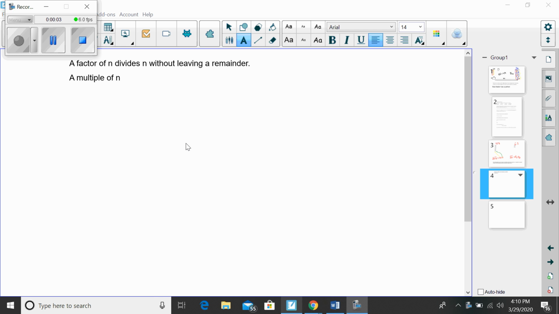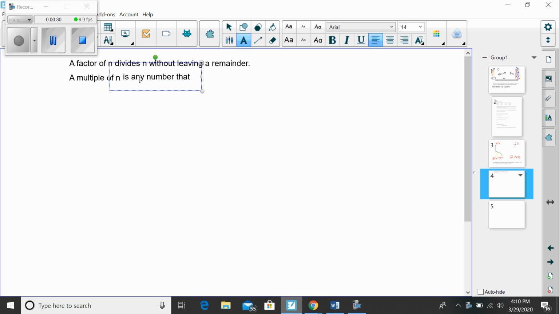So in the last segment, we looked at what it means to be a factor. Factors are the dimensions of the rectangles that we can make with that number of chips. So if a factor divides n without leaving a remainder, then let's look at the word multiple. Let's define a multiple of n then is any number